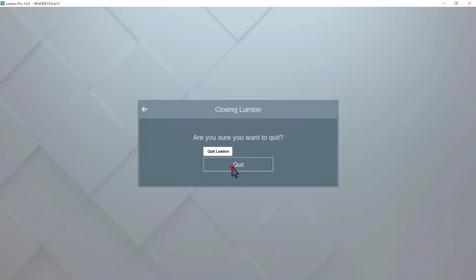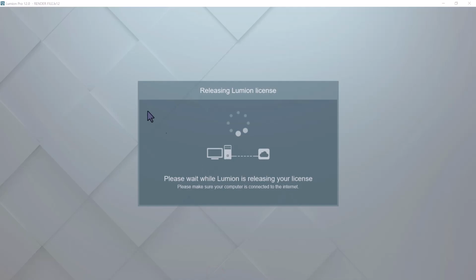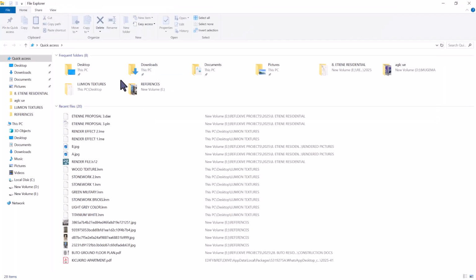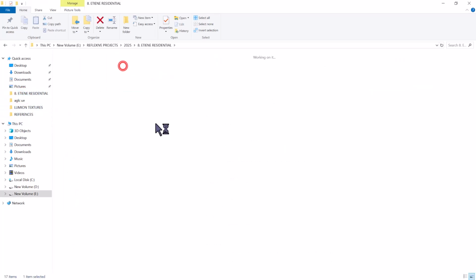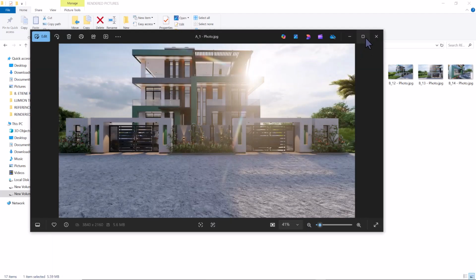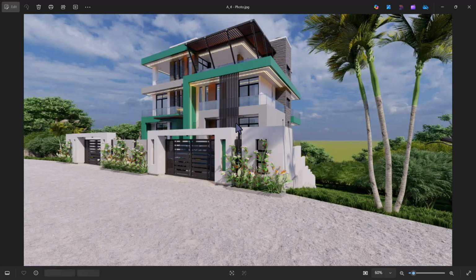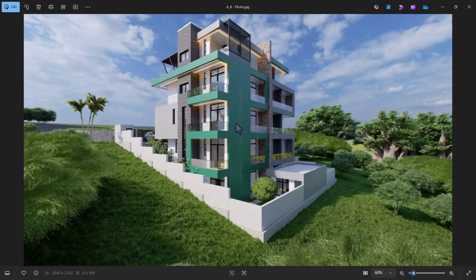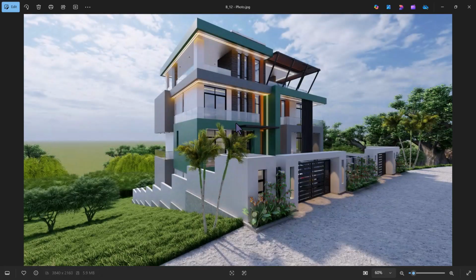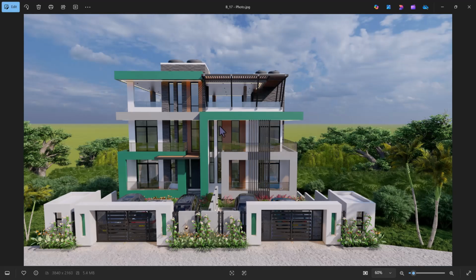So what we're going to do is come into our directory where we've already saved our pictures. It's in this folder, the rendered pictures, and as you can see, you can take a good look that this one is a massive one. I've already loved this. I don't know your favorite, because we've had different pictures. And something else that I'm going to be doing about this is that I like to edit these pictures a little bit further by using, let me show you,